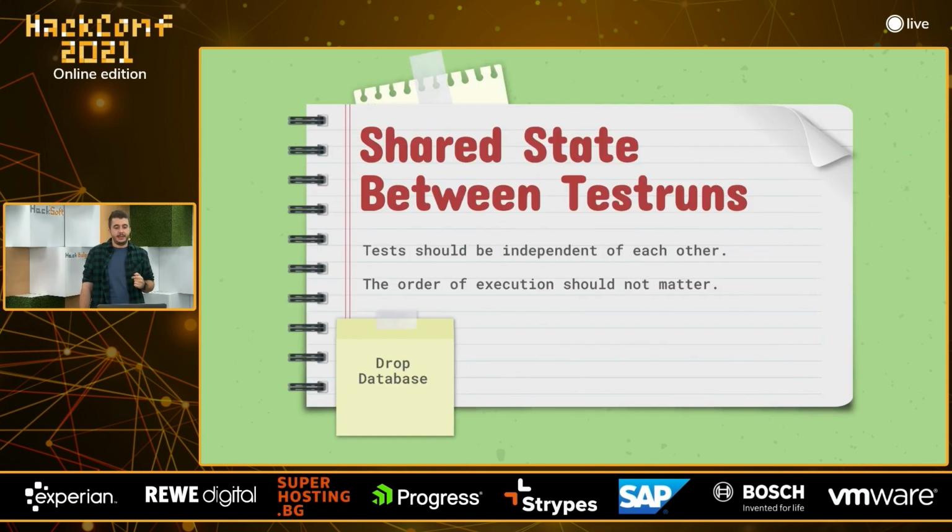And the first thing that we realized is that we have a shared state between each test run. And all of our tests, as we know from unit testing, of course, should be independent. And they need to run in random order. So the order of executing the tests should not really matter. In our case, we have a shared state between the tests, and this is the database. So, okay, that's easy. We just need to get rid of the database.